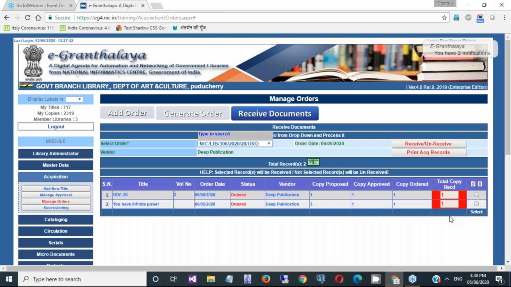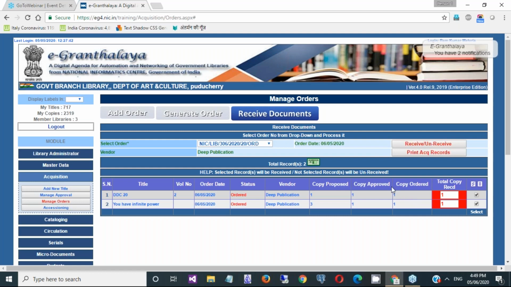Then the system will keep this order in pending state, and whenever he supplies the rest of the copies or books, you can receive in full. Then the status will become received. So I am assuming that I am going to receive all the copies, because we have taken an example of only one copy and two books.